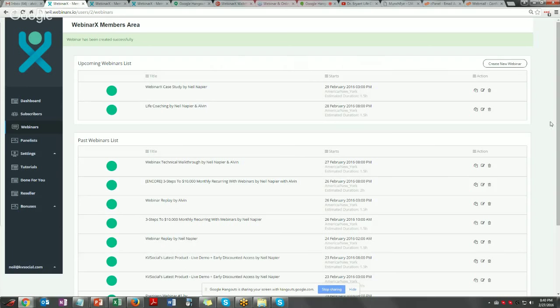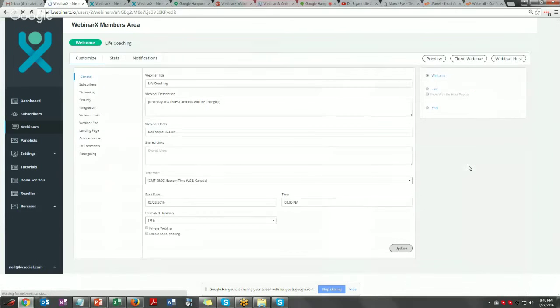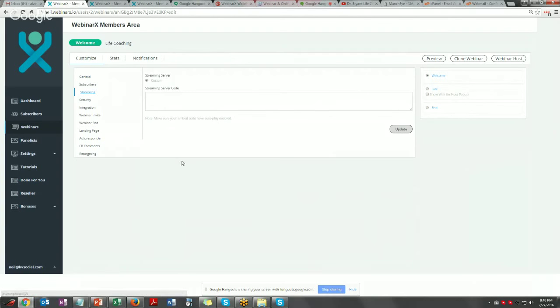Now there are just a few settings we need in order for it to be ready as well. So we click on edit. Now on the left side here, you will see general, subscribers, streaming, security, all of this. Now there's just a couple of things you need to set up. You don't need to set up each and every single one of them. So first, you need a streaming code,